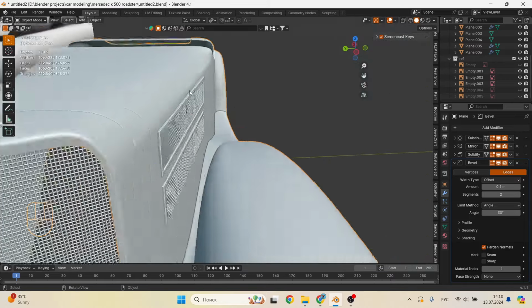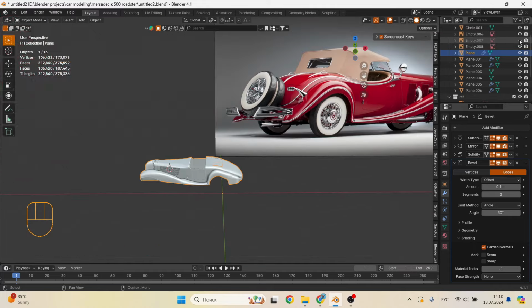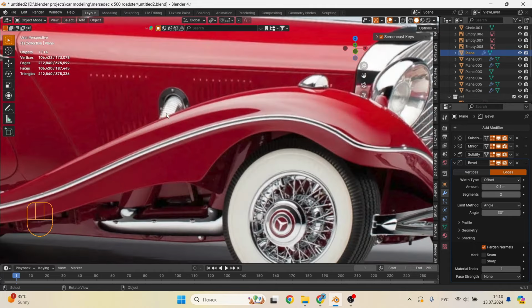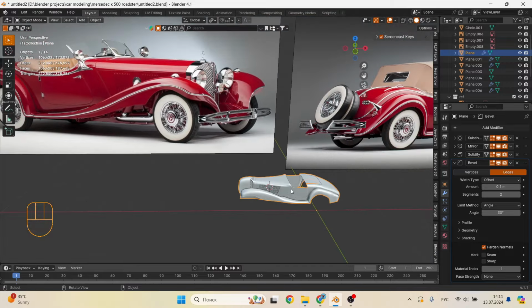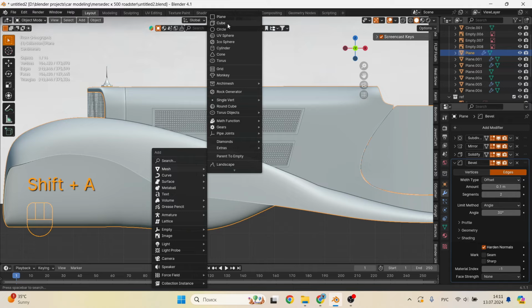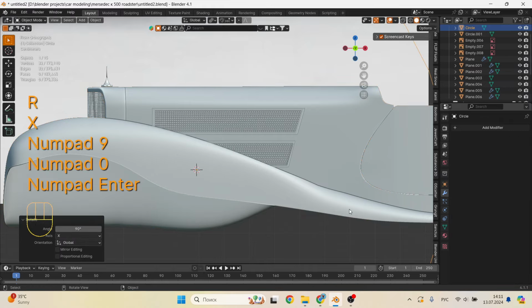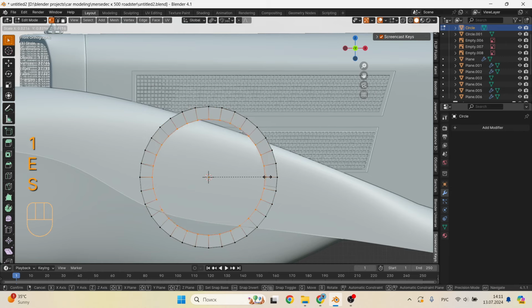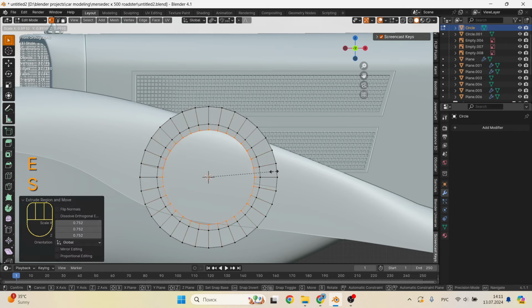We need to make round fasteners at the junction of the pipes and the grille. To do this, add a circle mesh. Turn it over and scale it. Next, extrude it inward twice so that later we can extrude the faces.